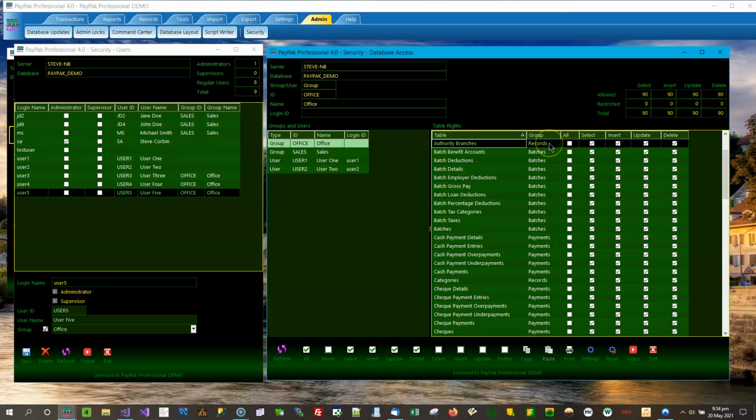The actual changing of the rights occurs by clicking on any of these 5 checkbox columns. If I tick all on, they were already on, but it sets them to on. If I turn it off, those rights are now restricted. So this office group of users, they no longer have access to the authority branches table,